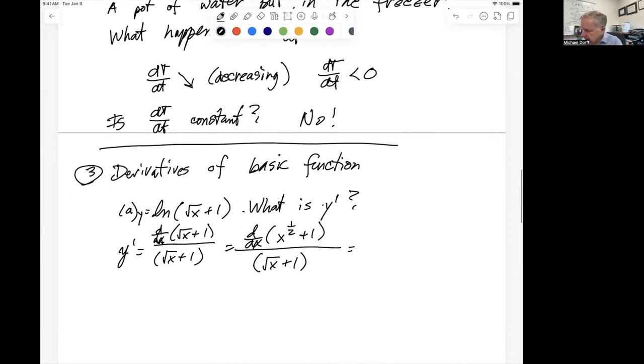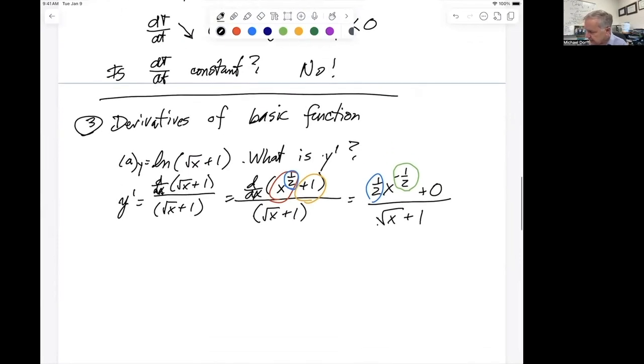All right. And then by the power rule, I get that the derivative of this is 1/2 x to the negative 1/2. That's the power rule. I take the exponent, I bring it out front, and then I reduce the exponent by 1. So 1/2 minus 1 is negative 1/2. And then I have the derivative of this, which is 0. So plus 0 over this. And now let's just do some simplification here. The numerator, this part here,